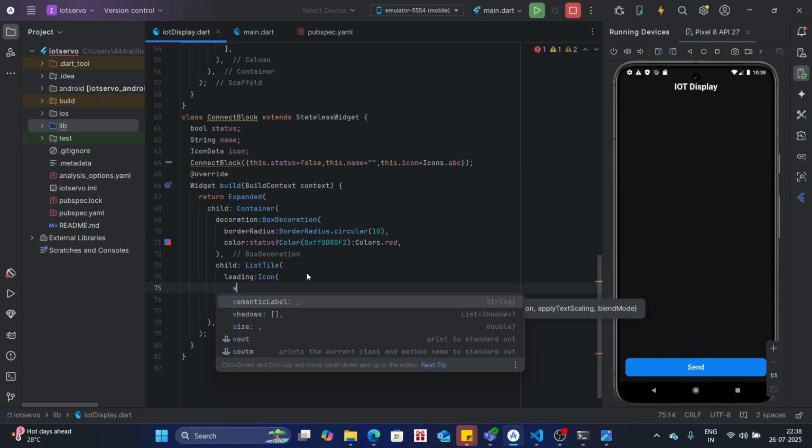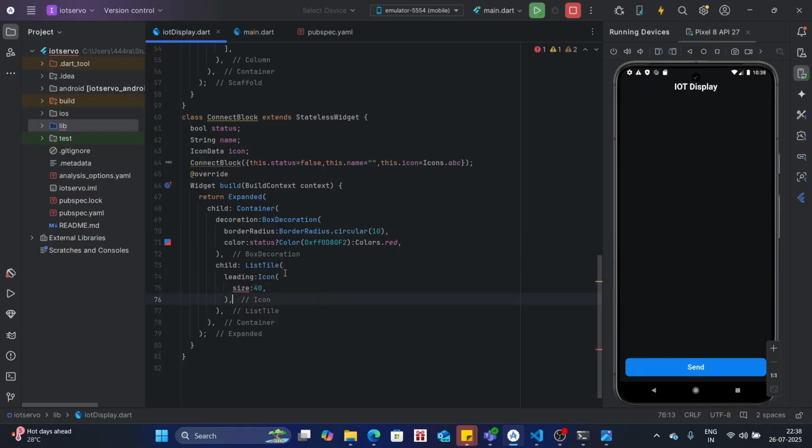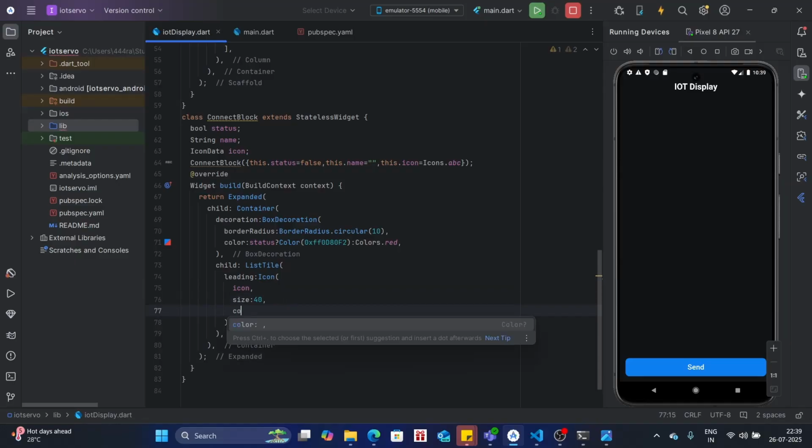We're gonna give it a size of 40. So yeah, it needs an icon first. So for that purpose, we're gonna use the Icon here. So that went away, and after that we're gonna keep the color as